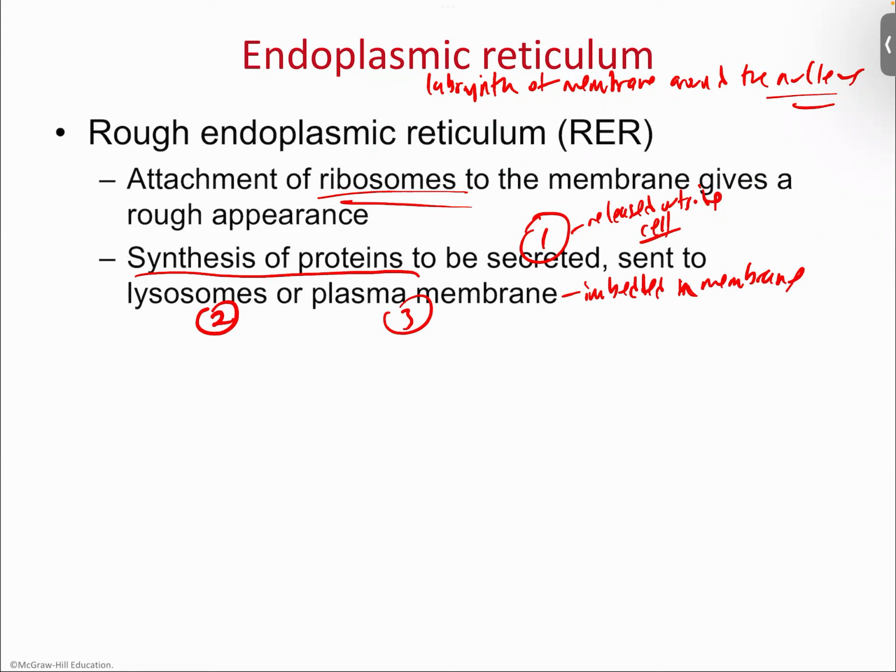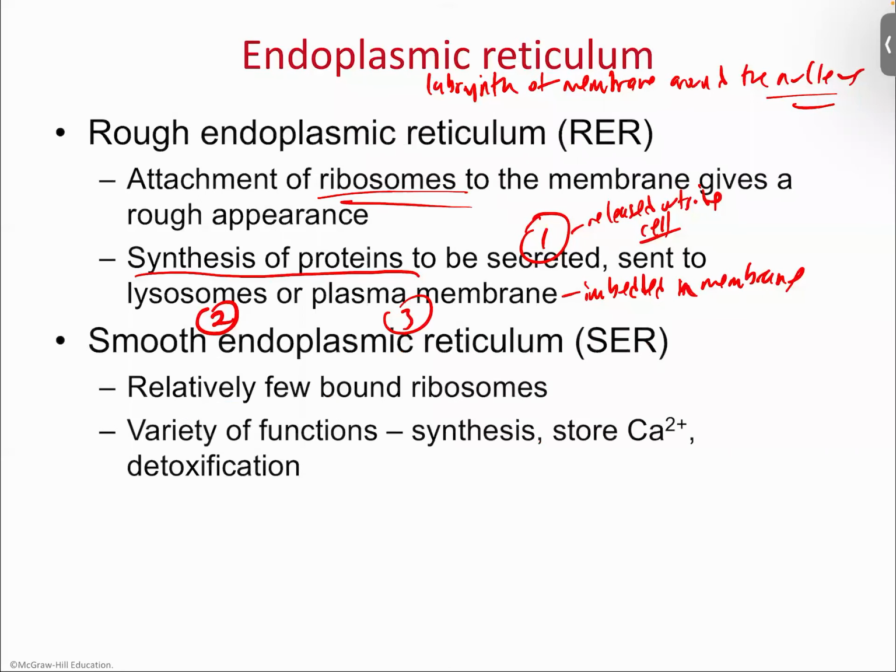Now, there's a lot of proteins out there, right? There's a lot of enzymes out there. There's structural proteins out there. We just talked about intermediate filaments, right, which is made of a protein called laminin. There's a structural protein, right? So there's a lot of different types of proteins out there that could be made by a ribosome, but the ones that are associated with the ER are only focused on these three types: secreted proteins, lysosomal proteins, and embedded proteins that are in the membrane itself. And so those are their three foci. And that's what's coming off of the rough ER. We'll take a deeper and deeper look at that as we get deeper into the secretory pathway. Now, before we get to that next step in the secretory pathway, let's take a look at our other type of ER,